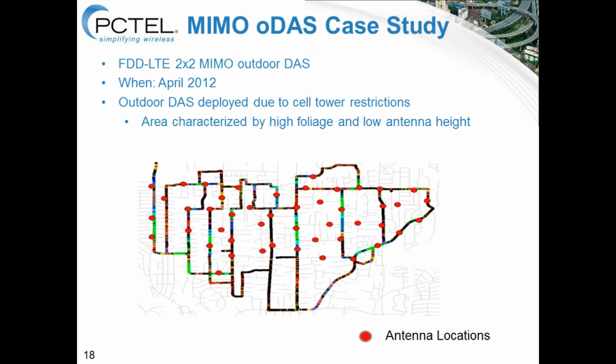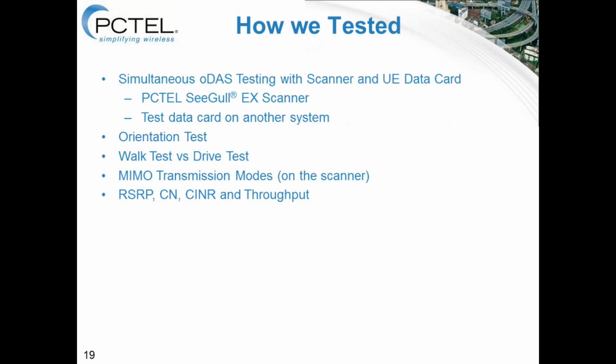If you look at this chart here, all these little red dots are where the antenna locations are. So we did a drive test of this, and if we move on to the next slide, we did simultaneous testing with a scanner as well as with a UE data card. In this case, we used a PCTEL SeeGull EX scanner, as well as a MIMO test data card on